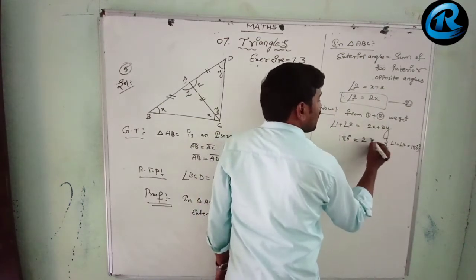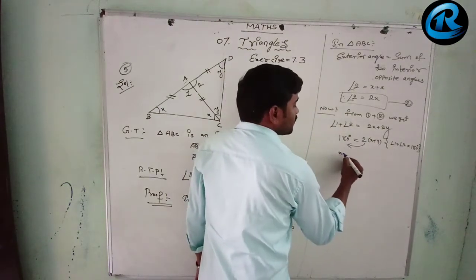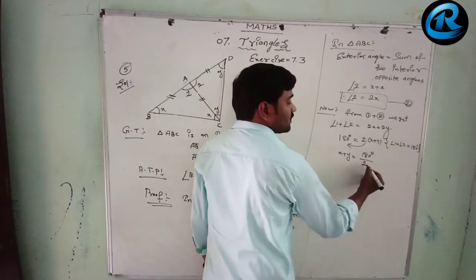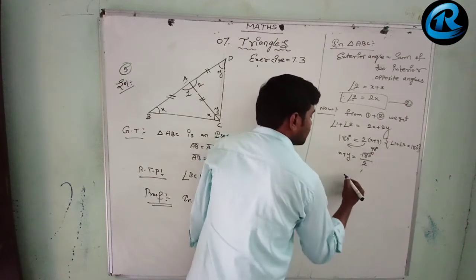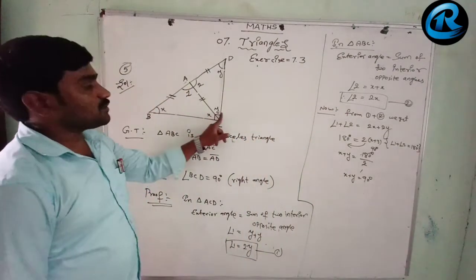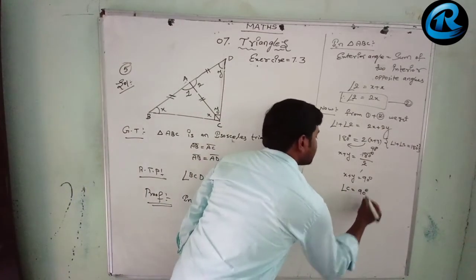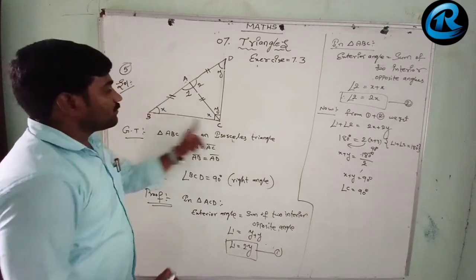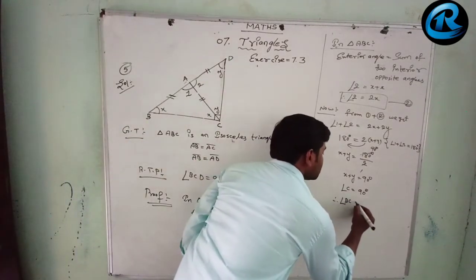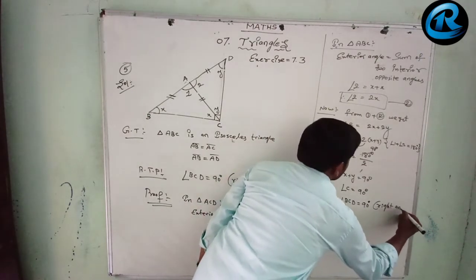Here you take 2 out common, and you get x plus y. This 2 will transfer to this side, so x plus y equals 180 degrees by 2, since 2 is multiplying. So 2 will divide. 2 ones are 2, 2 nineties are 180. So x plus y equals 90 degrees. Here angle x plus angle y is nothing but angle C. Angle C equals 90 degrees. Here angle C intercepts what? Angle BCD. Therefore angle BCD equals 90 degrees, which is nothing but a right angle. I hope you understood.